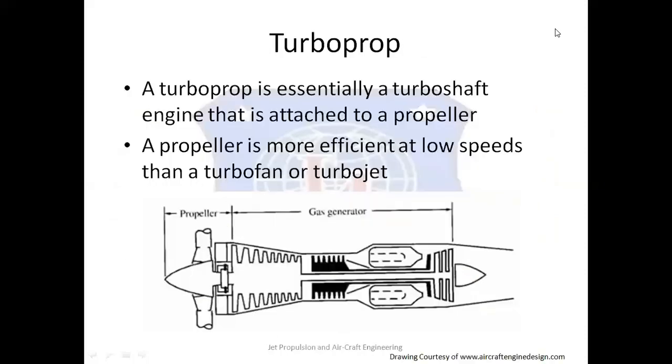Now you can see another picture of the turboprop engine, which is also a schematic diagram of the turboprop engine, where you can see the propeller is attached along with the compressor, and that is driven by the turbine. We have the additional gearbox as well, which reduces the speed of the turboprop. So that is known as the reduction gear. Right.